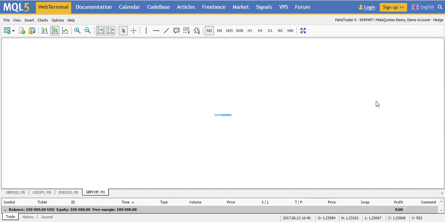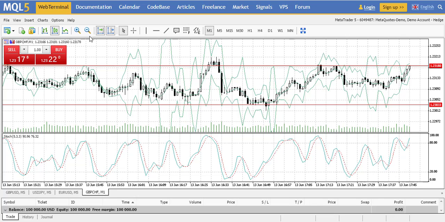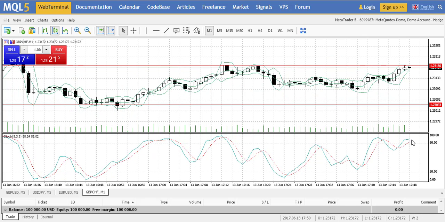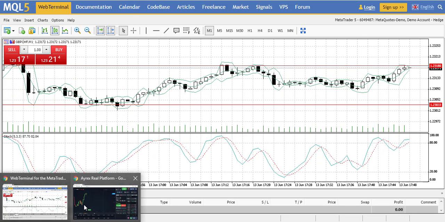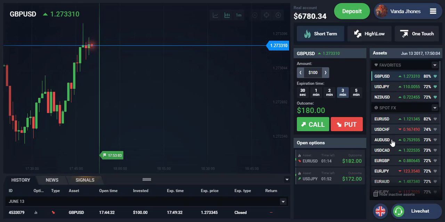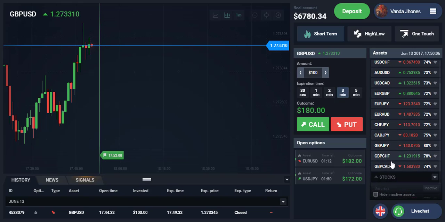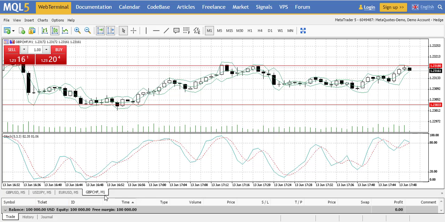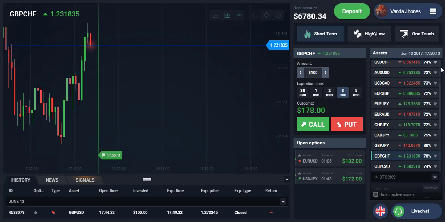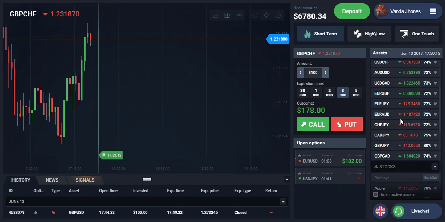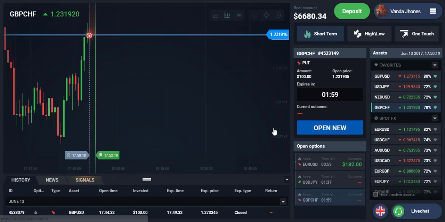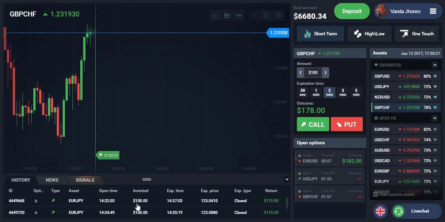Let's move to the 1 minute chart and see what we've got here. So in here we see that it is the overbought area. That is why I should have added it to my favorites. GBP-CHF, am I correct? Yeah, correct. So I liked it. And 2 minutes, put, go. So yep, you see,